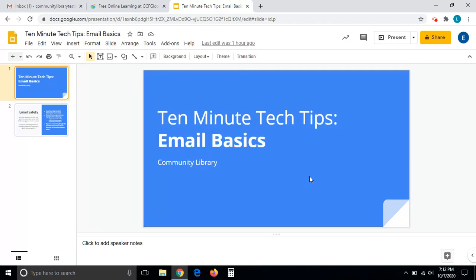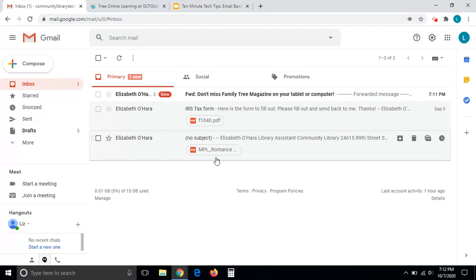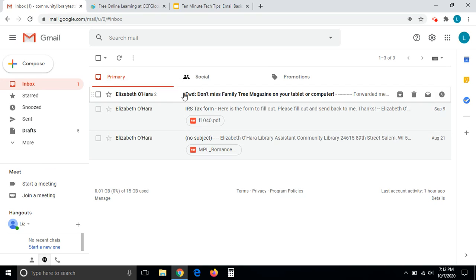So let's go into email. So like I said, I'm using Gmail. So let's first go over just what we're looking at right here. As you can see, I've already signed in. So there's Gmail, there's a search bar where you can search for email. And then over here is your navigation. So you can see we're in the inbox right now,